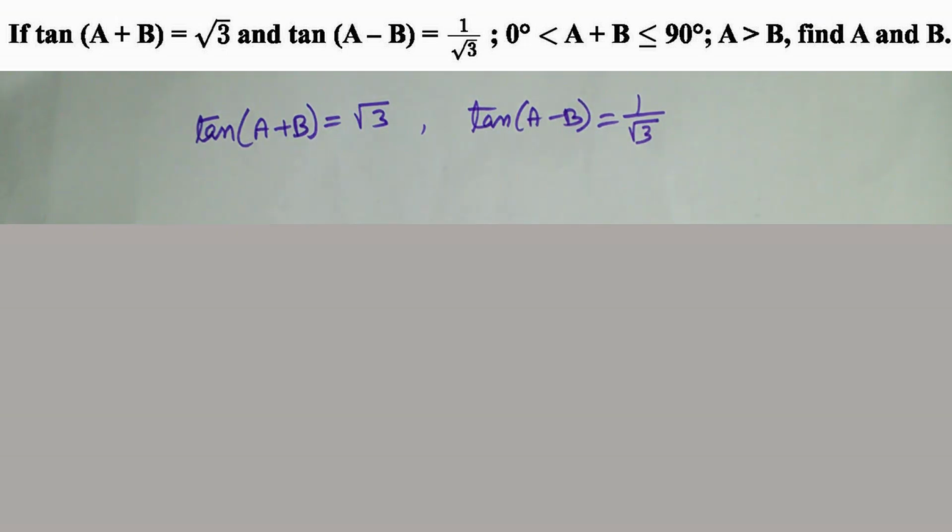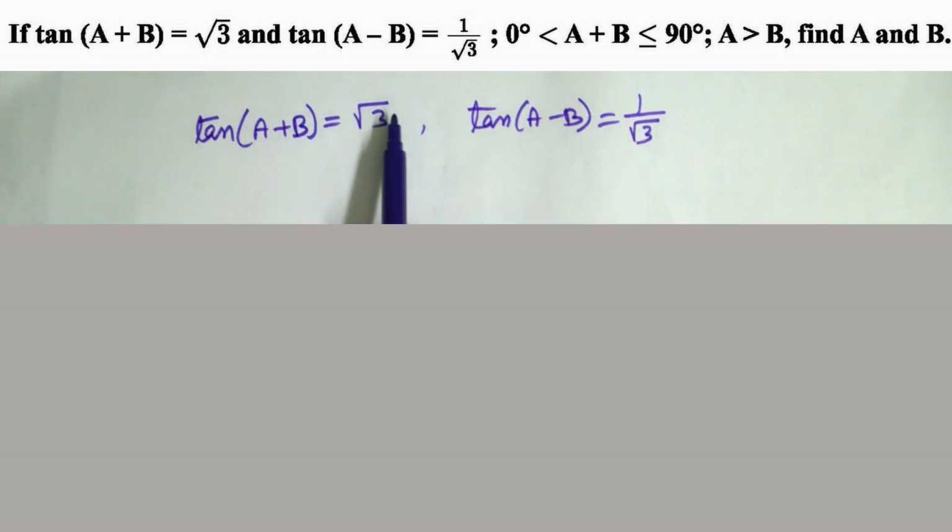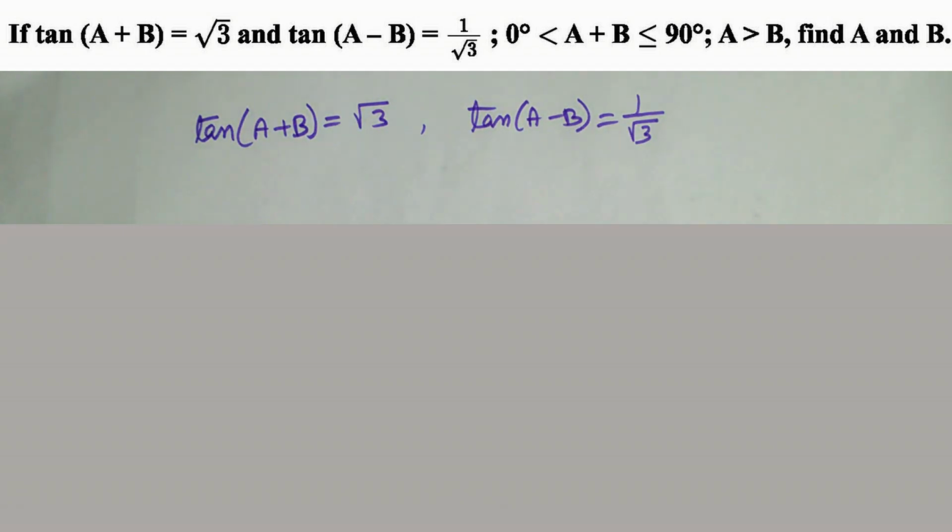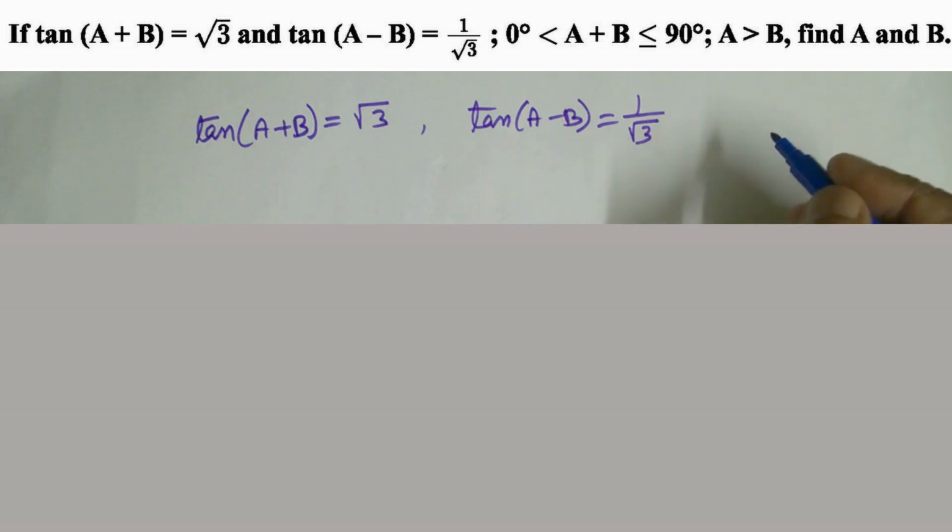To get the values of a and b, we should make root 3 in terms of tan. In that case, tan of something, something means angle, then the inside angles will be equal. So we have to find out for what angle the tan value is root 3, that is, tan of an angle is equal to root 3. Now see here.